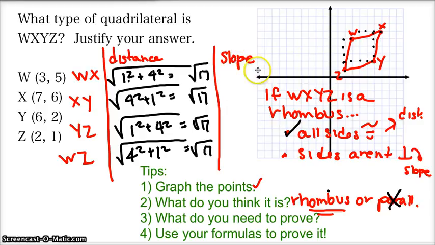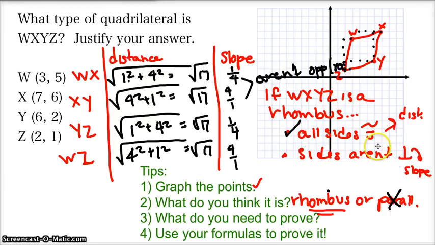We can prove that it's not a square by finding slope because these corners will not be 90 degrees, meaning their sides won't have opposite reciprocal slopes. So the slope of WZ was up 1 over 4. The slope of XY was up 4 over 1. This was 1/4, and this was up 4 over 1. Notice these are not opposite reciprocals. So we have sides that are all congruent, but our sides are not perpendicular, so it must be